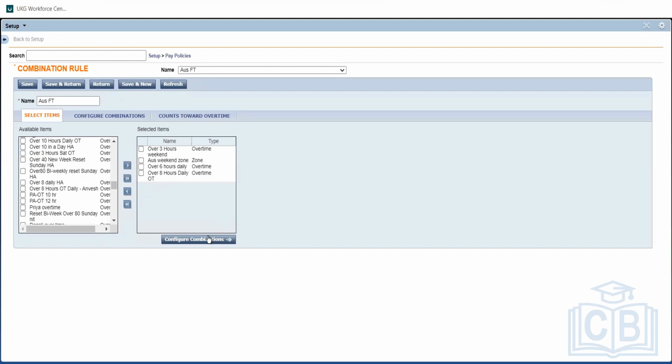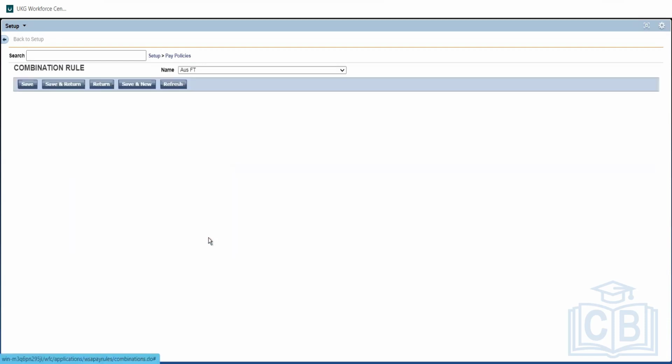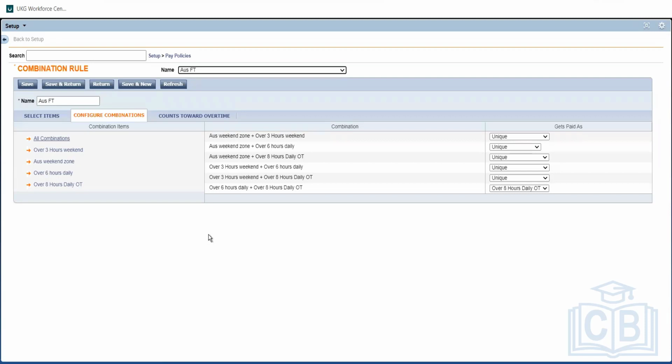Now our combinations will change, so we need to create a new combination. So I'll click on our combination. Already we have one item, which is over 6 and over 8. We have selected over 8. Now we have a few other items available here. Now we need to see how the employees are going to get paid. Now it's asking us, if over 3 hours weekend and over 8 hours daily overtime are coming, how should an employee